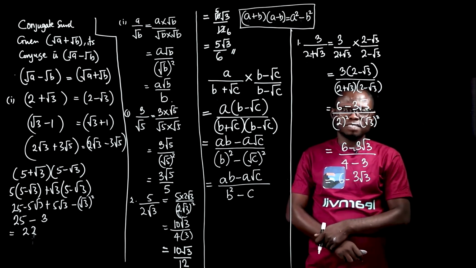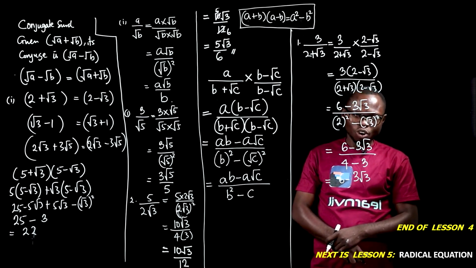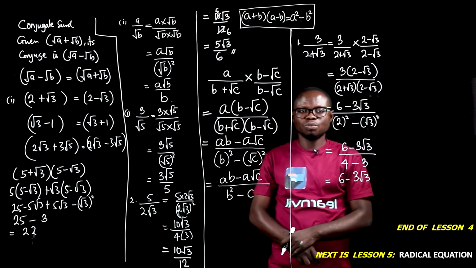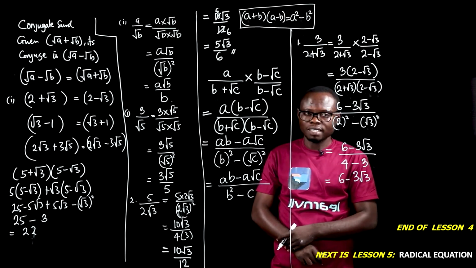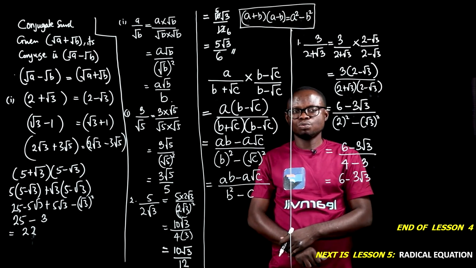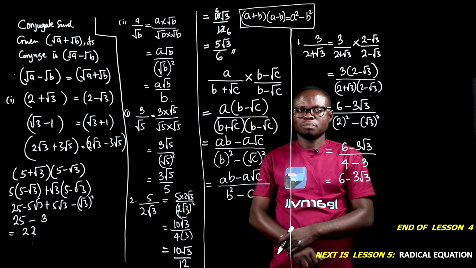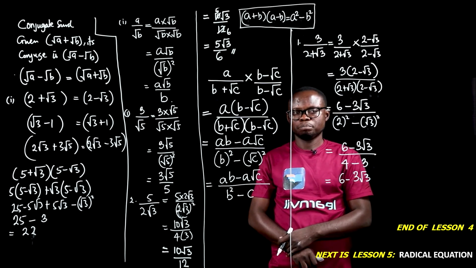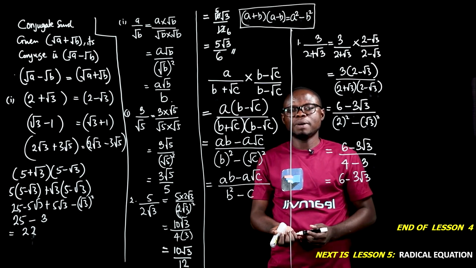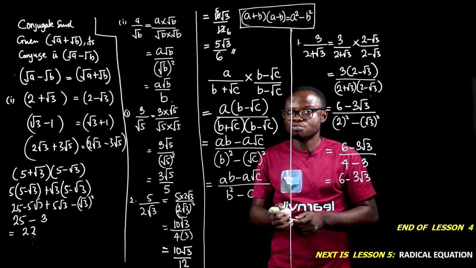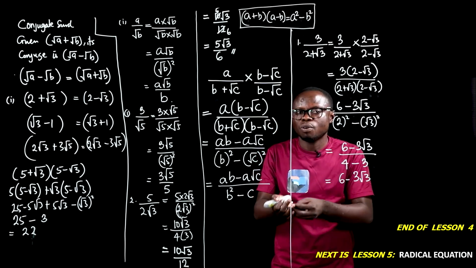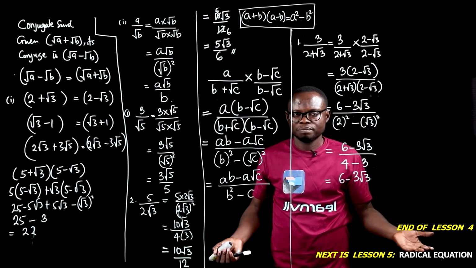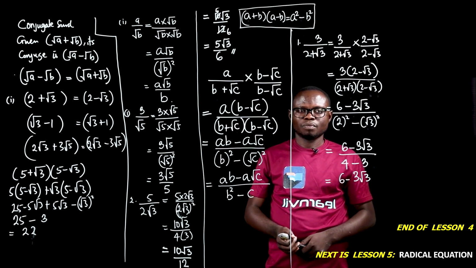This brings us to the end of this lesson. I hope you are able to identify and state the conjugate of given surds. You have also learned to rationalize a surd with a monomial denominator. We went on to also look at how to rationalize a surd with a binomial denominator. Remember, to rationalize simply means to make an irrational number or expression a rational number. In our next lesson,